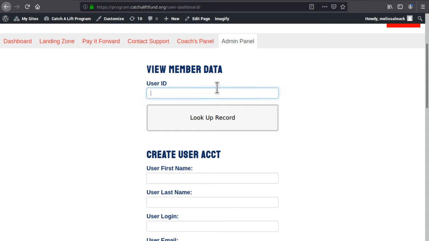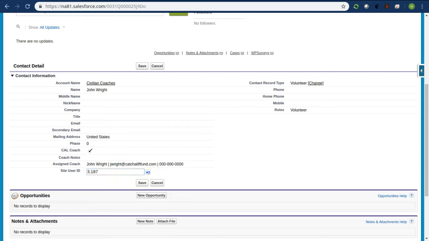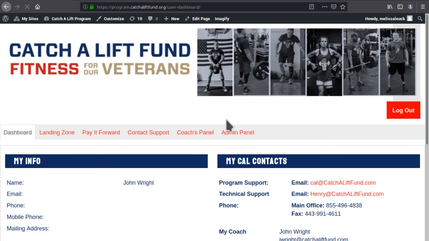We created him and his site user ID was 3187. So you put that in there. Don't put a comma or anything like that in Salesforce. Notice it adds a comma to that value. You don't want to put the comma in. I don't know why Salesforce does that really, but we'll take that comma out. So you put in your 3187 and just look up record, and you see now we're looking at John Wright's